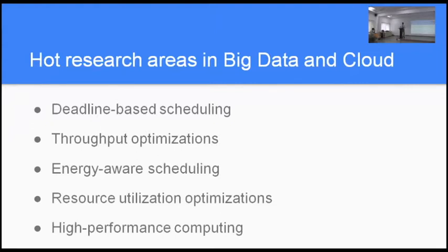Remember, Mesos just gives you a framework and you can write your own algorithms of how to share the resources, which ones to accept, which ones not to accept. So deadline-based scheduling, for example, if you have lots of tasks and all you need to know is that by 8 a.m. tomorrow, you want the results for these 10 particular tasks that you've given.